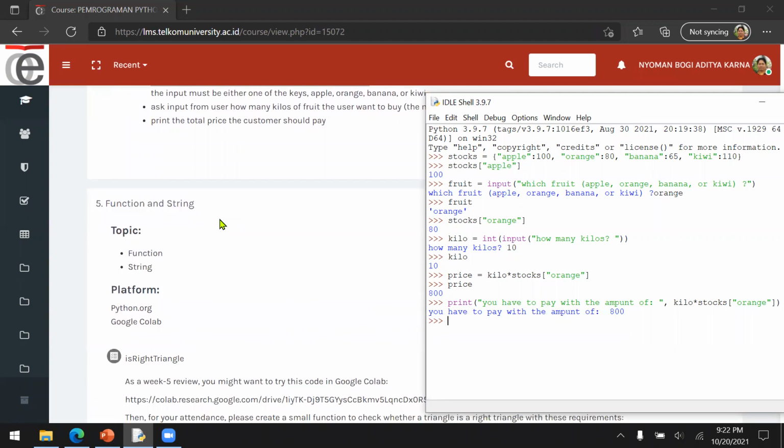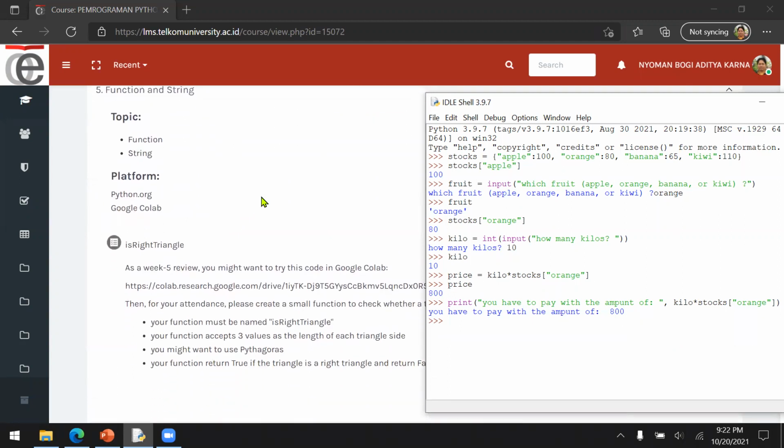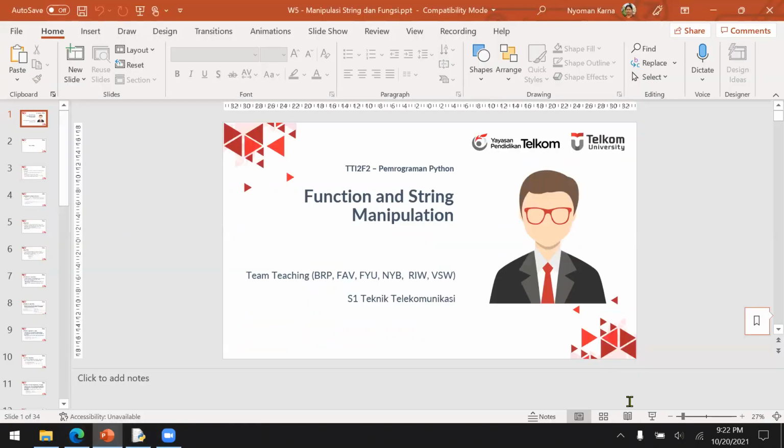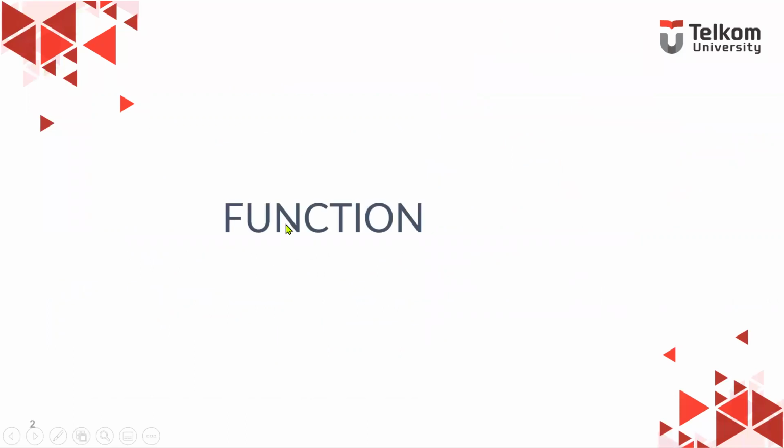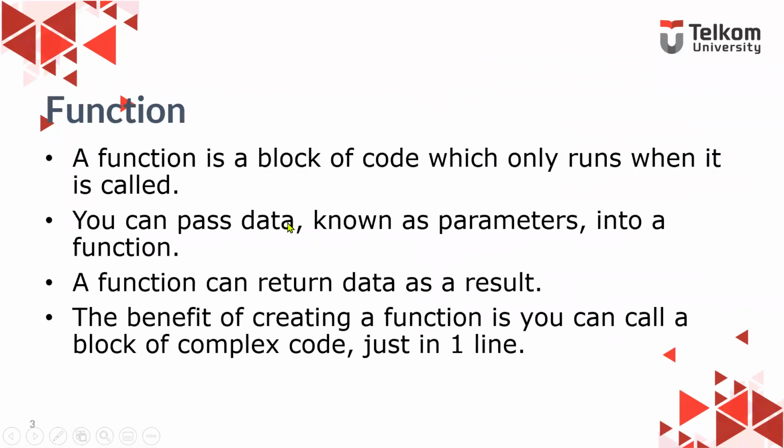Okay, now let's move on to this week's topics, which are function and string. Okay, function. Well, you already understand what a function is in C language from last year's algorithm and programming.